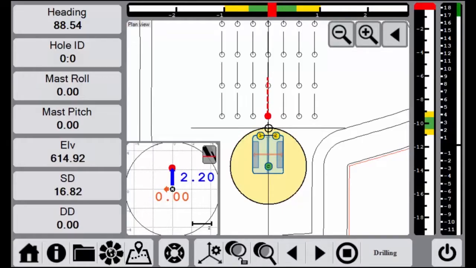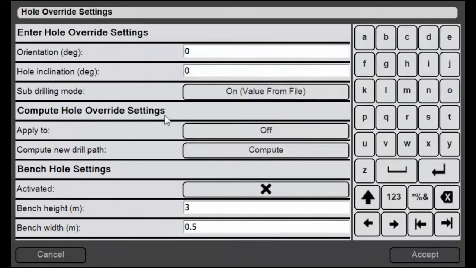This video will show you how to use the hole override settings. The hole override settings give the operator some advanced features that he can use to modify drill plans in the field. You can see right here I've got a simple surface model drill plan with inclined holes at 10 degrees facing my current orientation. So if I want to go into my hole override settings, the first thing you'll see